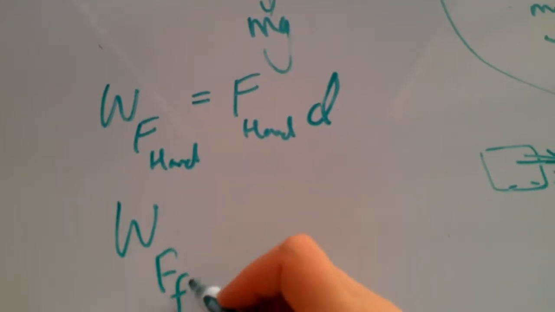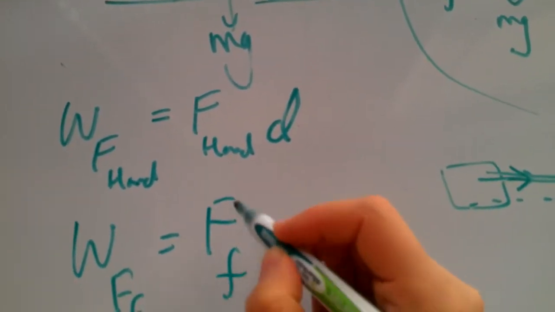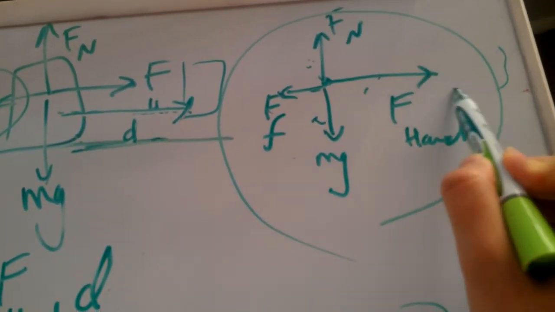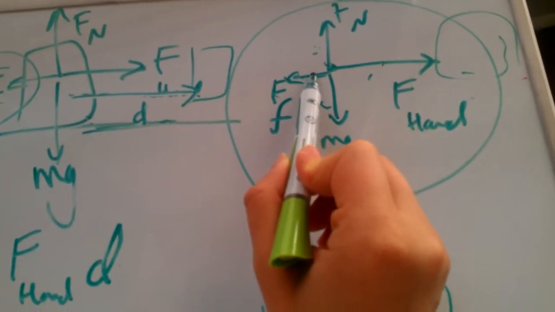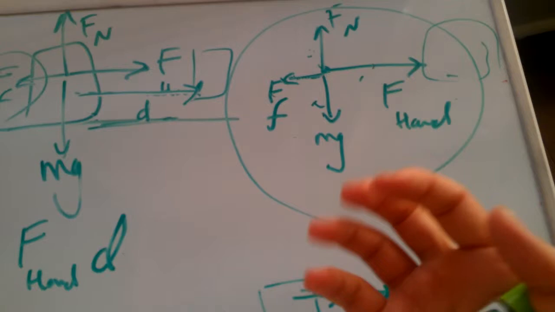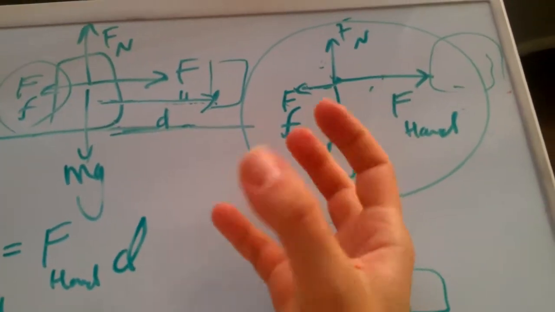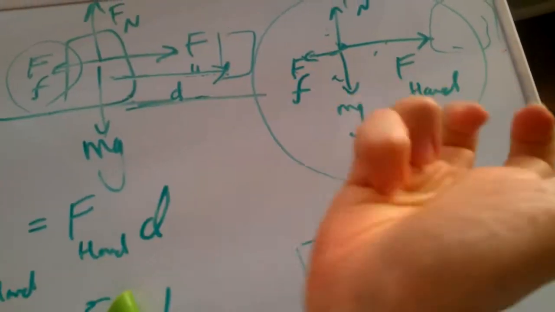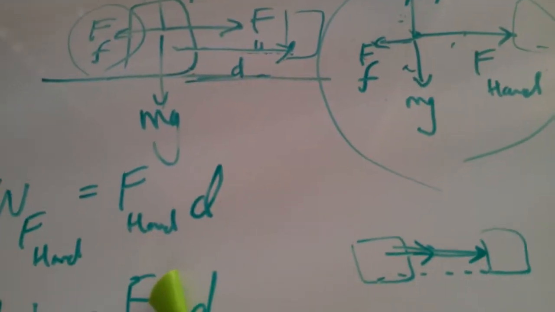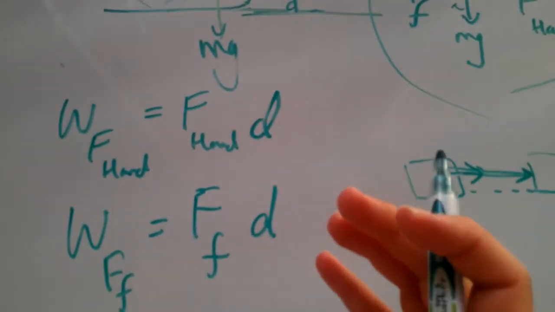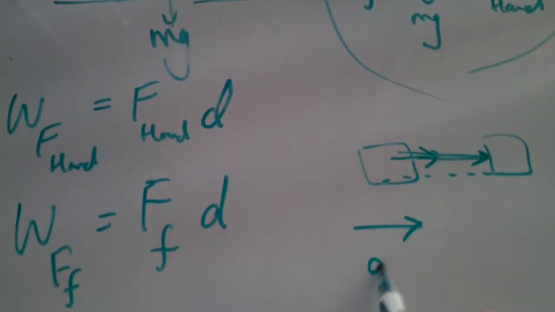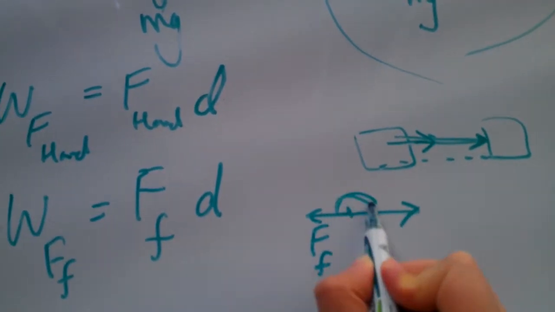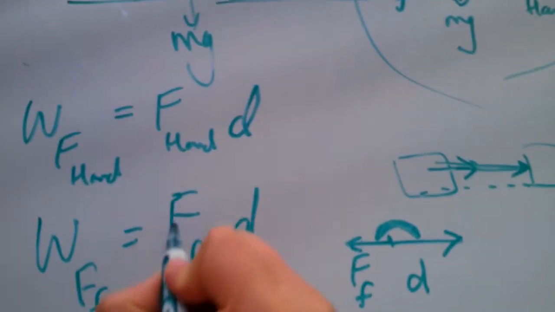Now, how about the frictional force? Work done by the frictional force here is the frictional force times the displacement. But as you can see, the block, although it moves to the right, at all times the frictional force is to the left. It's as if the frictional force is at all times resisting against the motion of my block towards the right, and it's just pulling it at all times to the left, trying to resist against this motion. Whenever there is this situation where displacement is one way and your exerted force is the other way, so they are actually anti-parallel,